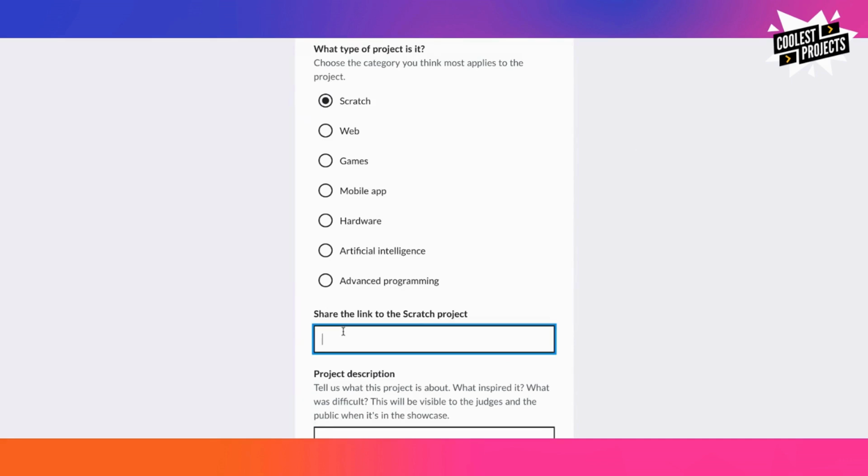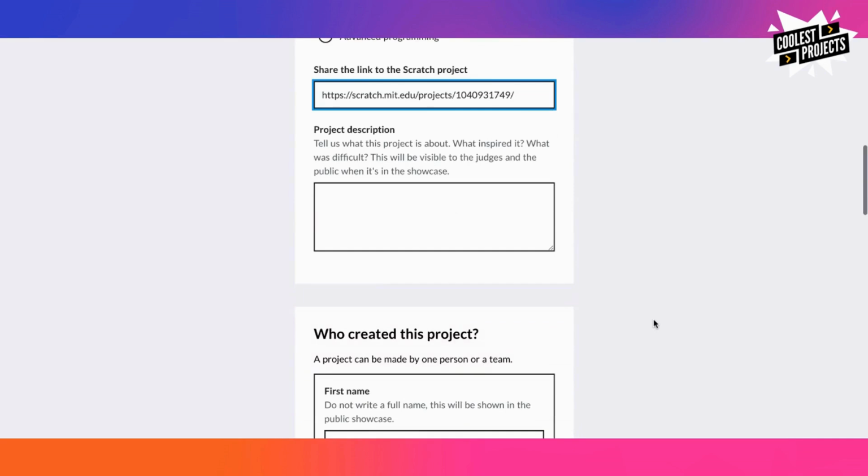If you're entering a Scratch project, again, please make sure you've shared it publicly so we can see it. So I'm entering my Scratch project, which is called My Coolest Project. I've got the link right here, and I'm going to describe my project. So my project is about a dog trying to find its way home. It's a 2-player game and